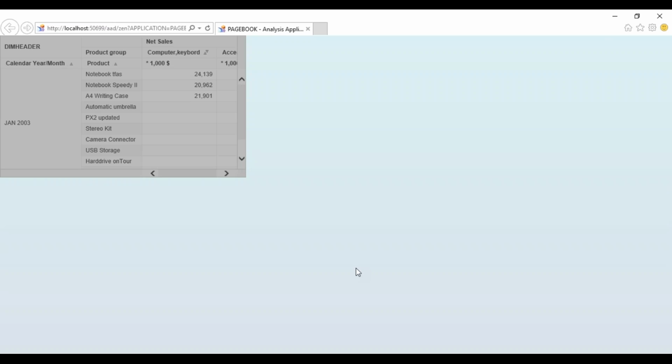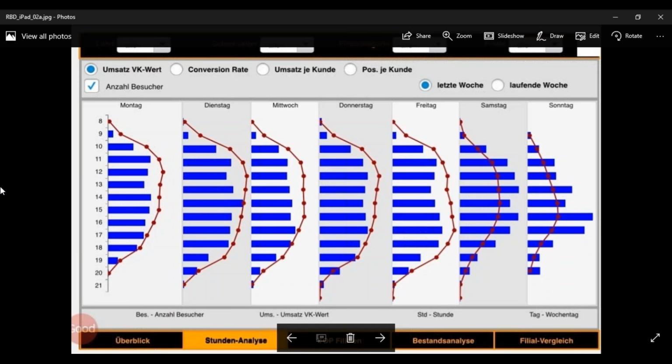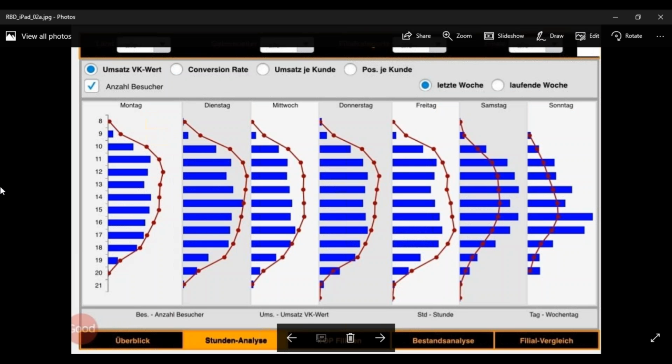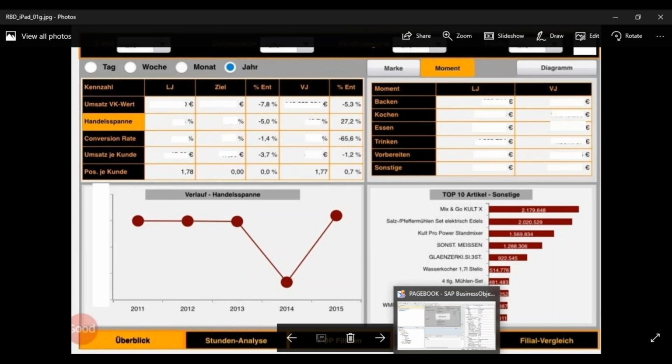So that is the pagebook component, but it won't be visible. It's not visible to the end user. You are not able to see it here. Where is that component? So in this scenario, this is my first page of the pagebook component. If I swipe, I'll go to the second page. This is my second page. And to go from the first page to another page, I have given one more option of buttons also. From the first page, if he wants to go to the 5th page directly, he can click on the 5th button. Directly it will go to the 5th page. Clear?